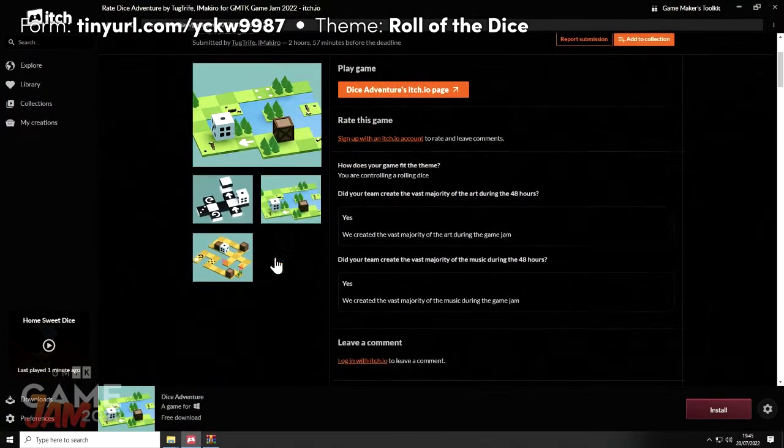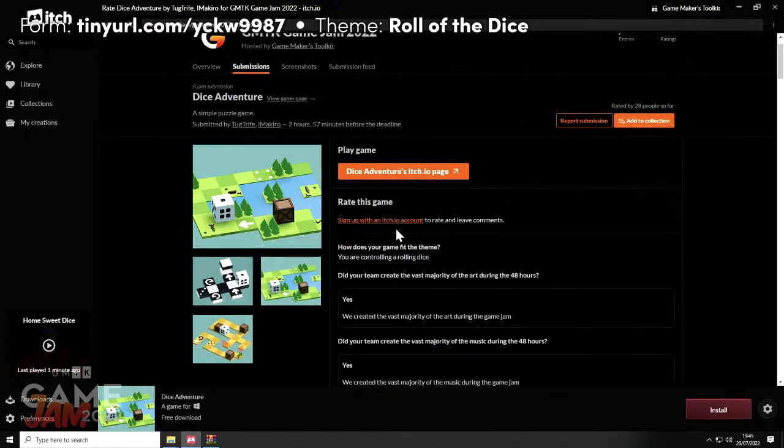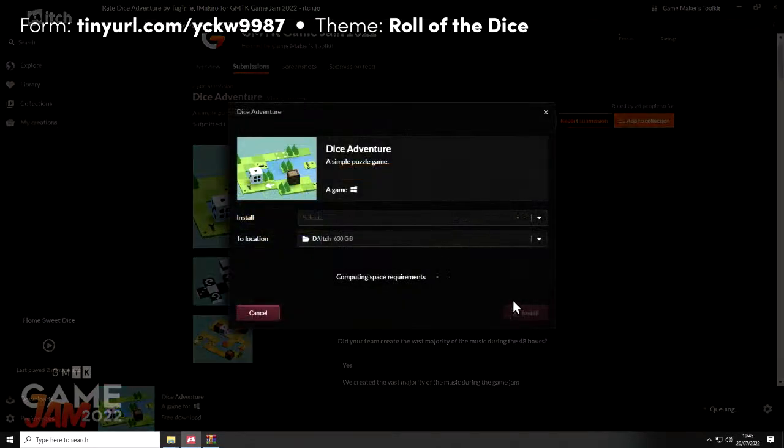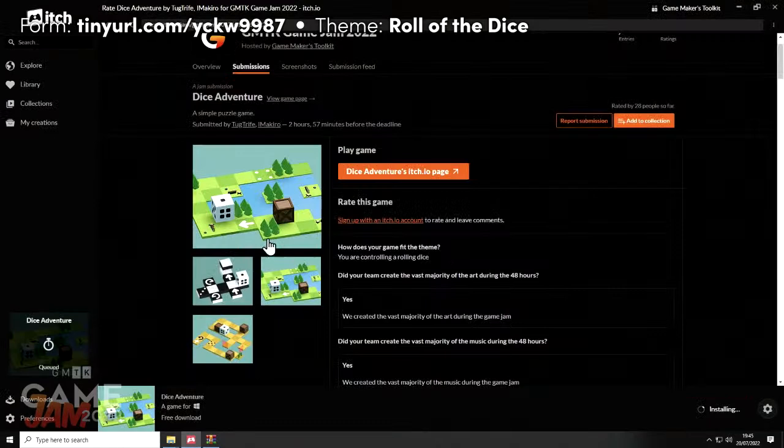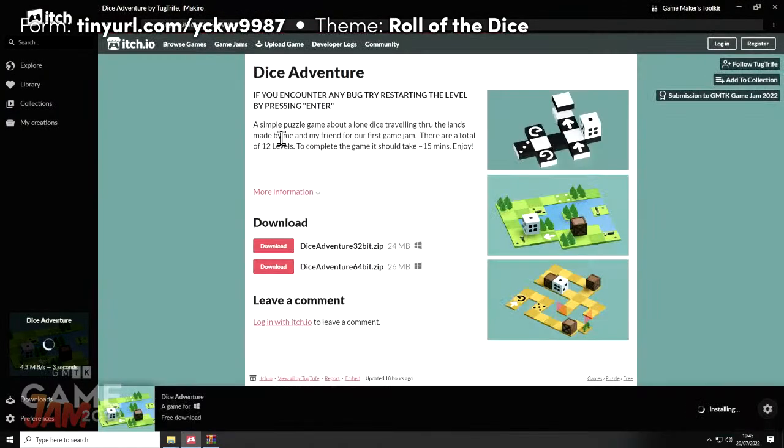Okay, Dice Adventure. Oh, we have some similarities to a previous video game. A simple puzzle game, but I like the art style. Looks good. Let's have a quick read. A simple puzzle game about a lone dice travelling through the lands, made by me and my friend for our first game jam. There are a total of 12 levels. To complete the game, it should take about 15 minutes. But it ain't got 15 minutes. But I can give you about